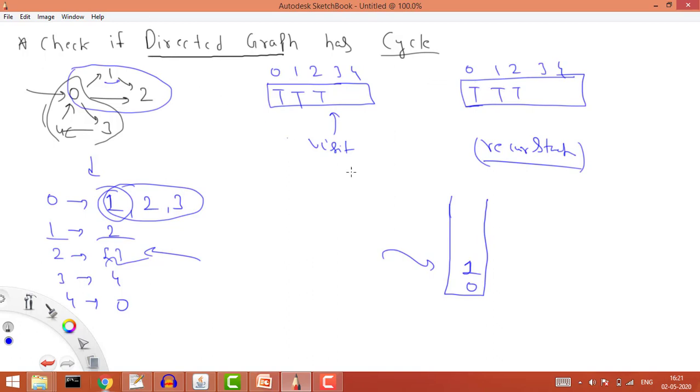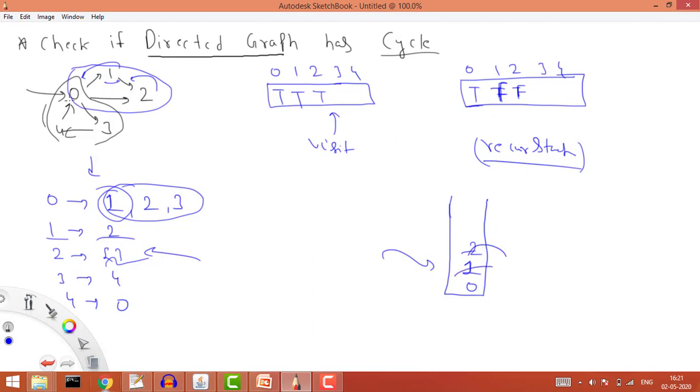So I need to return from here. I return false and then I set the value here to false. When I set the value false here, it means I have removed the 2 from the stack. Now I go back again. For this one there is only one neighbor. Let's say if there was another neighbor, let's say 5, then again we would need to go from 1 to 5. But because there is only one neighbor, we need not go anywhere. So for 1 also we are going back, and we are setting false, which means now in the stack we have removed the 1 as well.